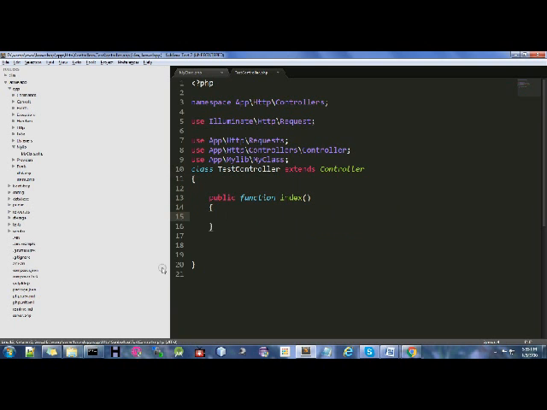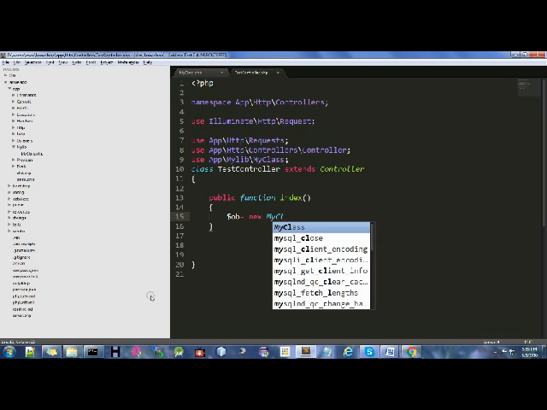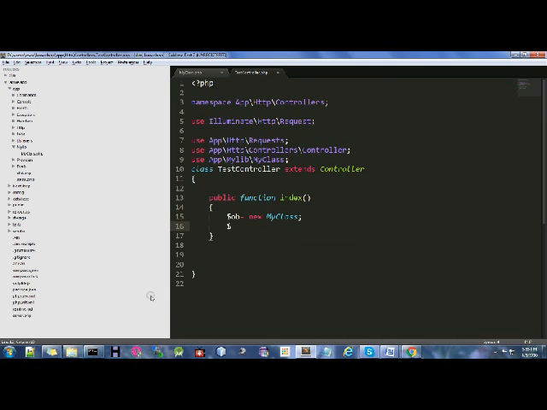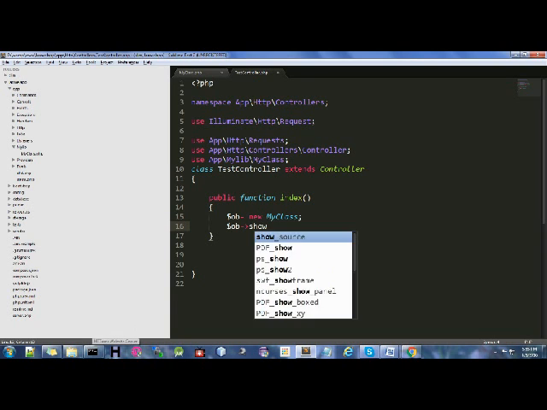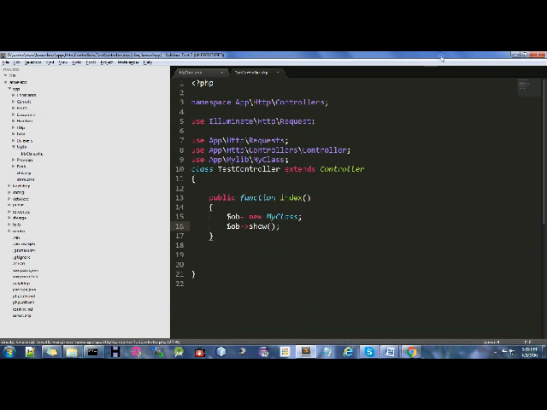Now if I use the object of this class, MyClass, with the help of this object I can call my class function, right? So in the route I will declare the path.